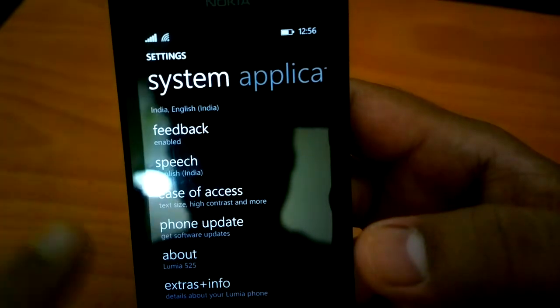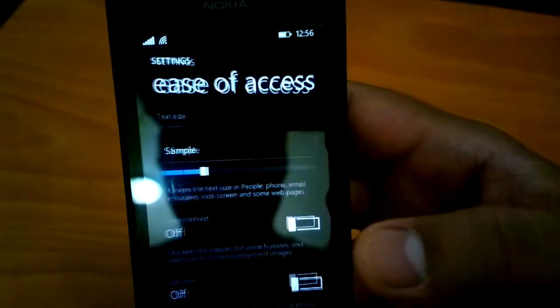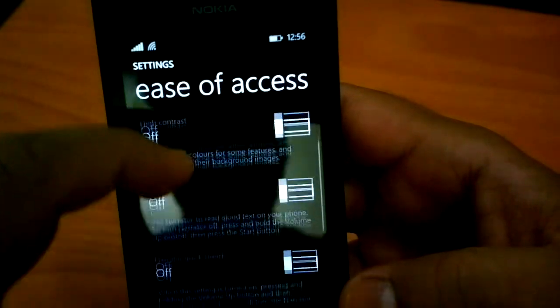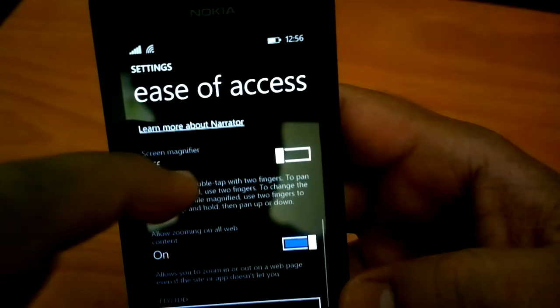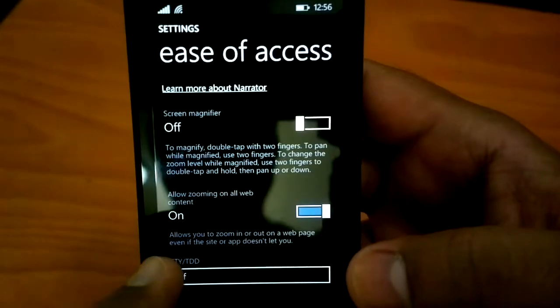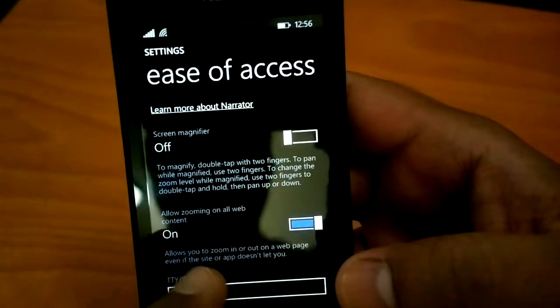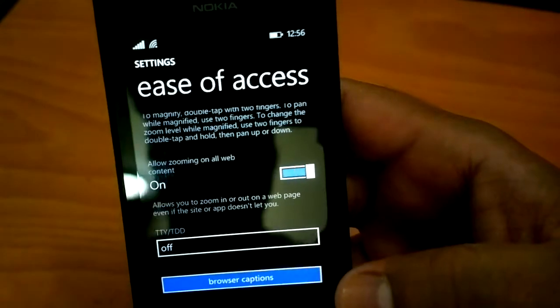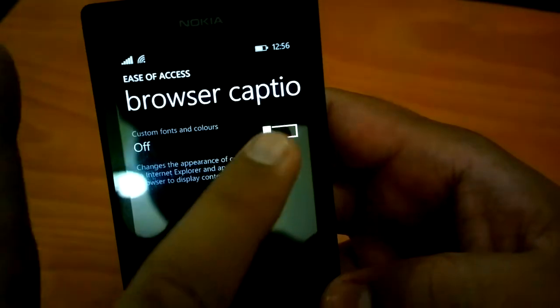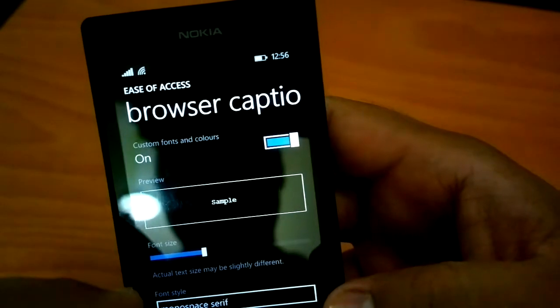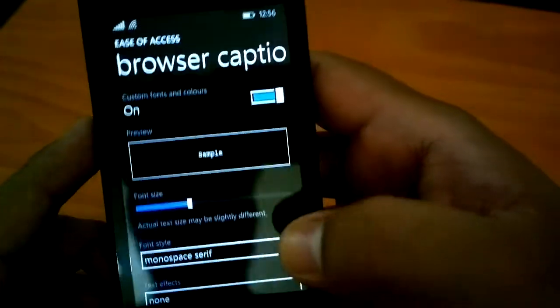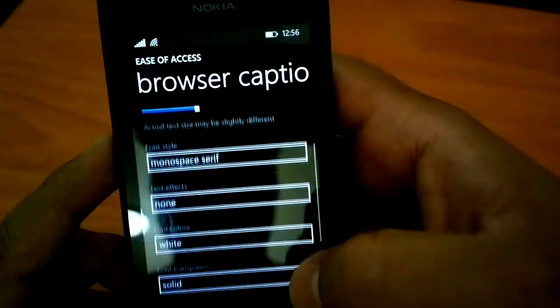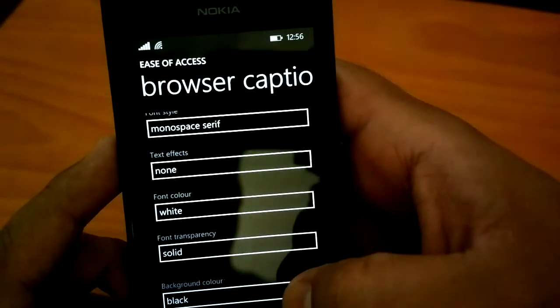So you go to settings, ease of access, and if you set this allow zooming on all web content, then it should allow you to zoom in on any web page that you visit. Then there is also an option of browser captions. So you can actually set here how you want the browser to display things, the text size, font style, text effect, font color, etc.